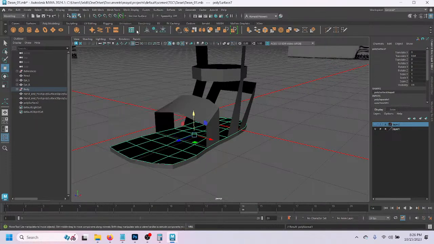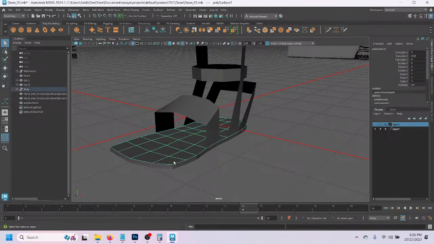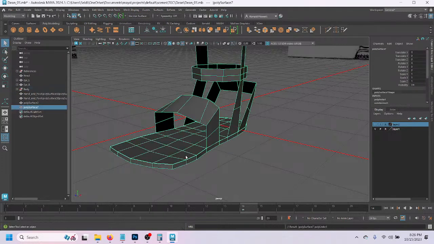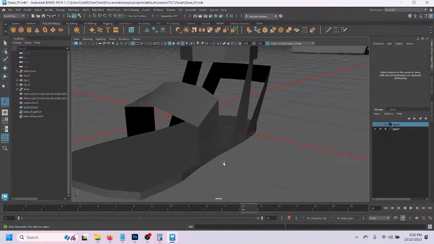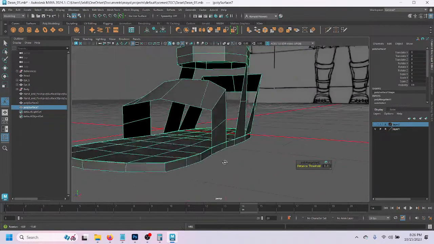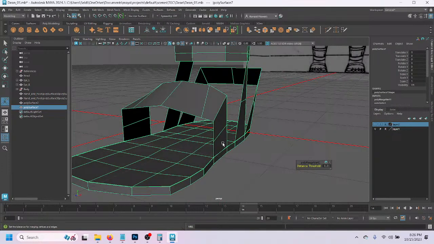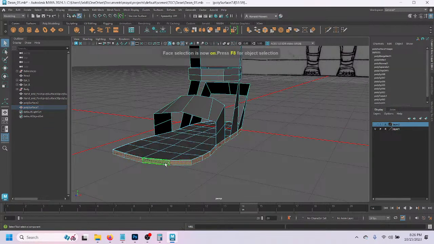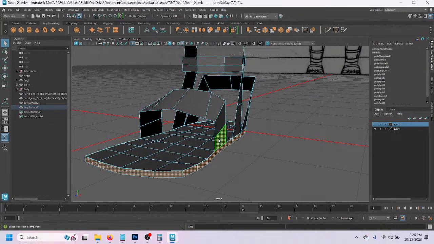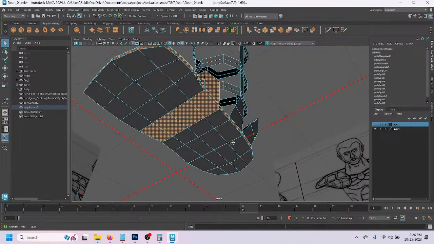I'll flip this. Combine these two. And then I'm going to merge it. So those are together. And then this section, I'm going to extrude outward. So I'm going to take this, grab that loop, grab this loop,